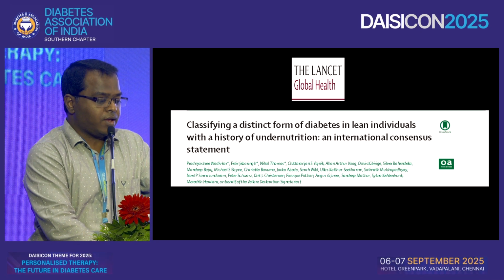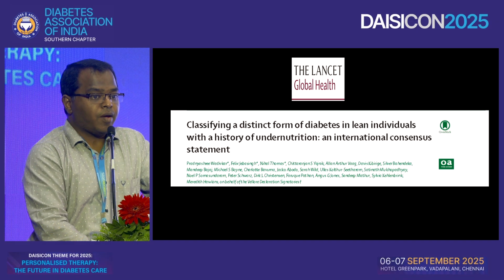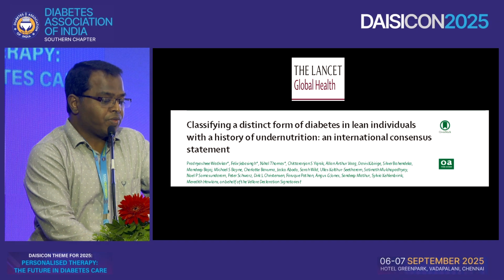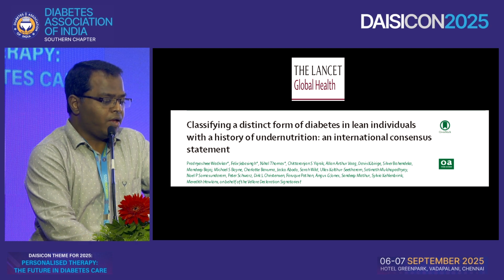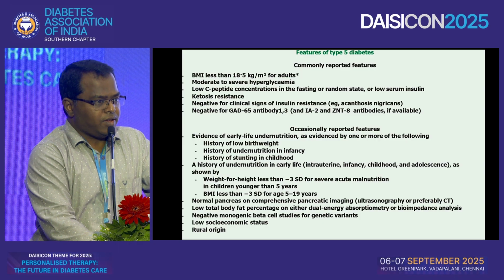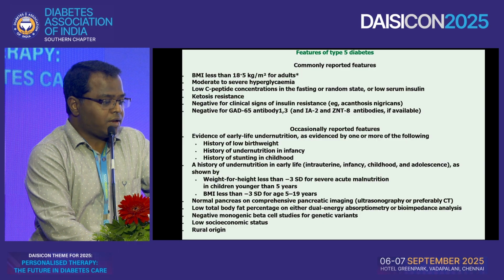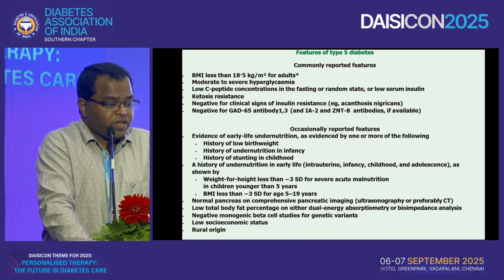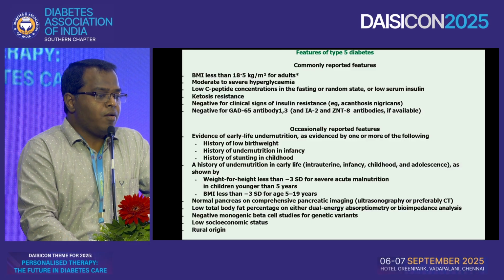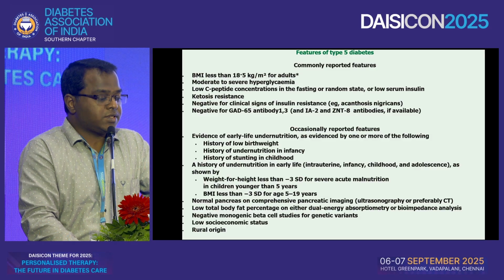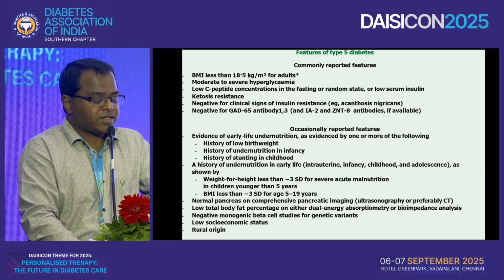This is going to be a next publication which will be coming out in the near future, which talks about the concept of lean BMI diabetes potentially having undernutrition and labeled as type 5, and probably in the next week it will be in the literature from Lancet. The potential features of type 5 diabetes start with BMI of less than 18.5 kg/m², mild to moderate to severe hyperglycemia, low C-peptide level, no ketosis, no insulin resistance, never had GAD antibody positive, and the other accessory features like low birth weight, undernutrition in infancy,